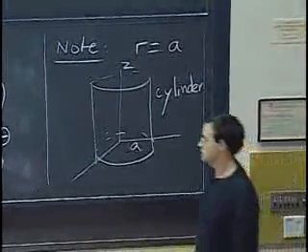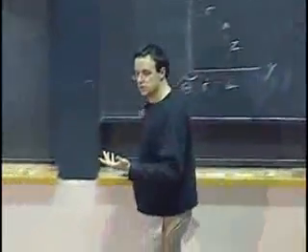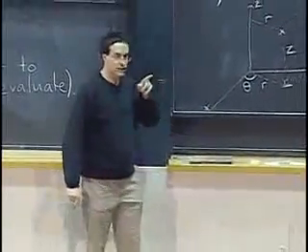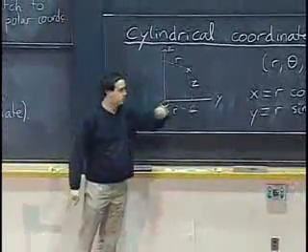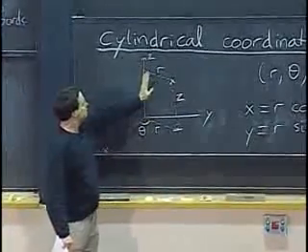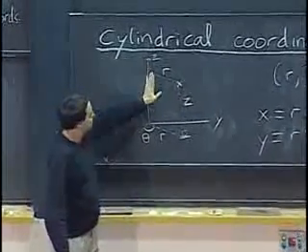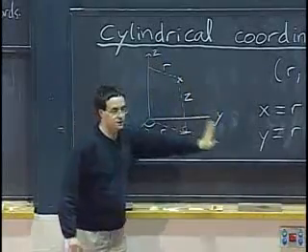By the way, similarly, if you look at the equation theta equals some given value, that used to be just a ray from the origin. Now that becomes a vertical half plane. For example, if I set the value of theta and let r and z vary, well, r is always positive, but basically that means I'm taking a vertical plane that comes out in this direction.